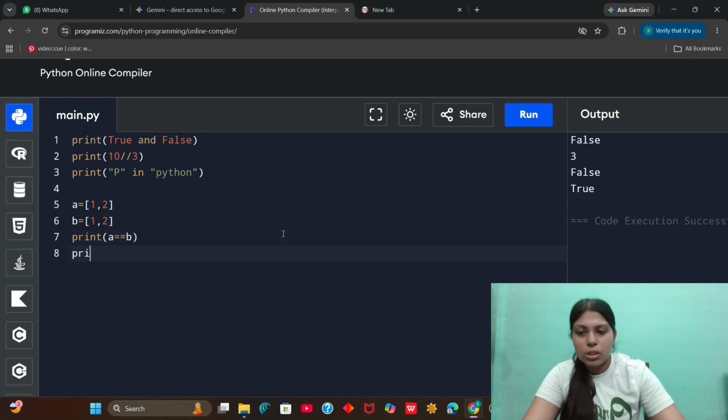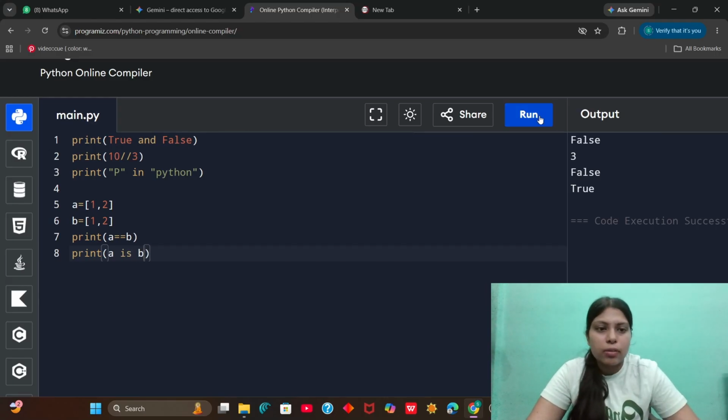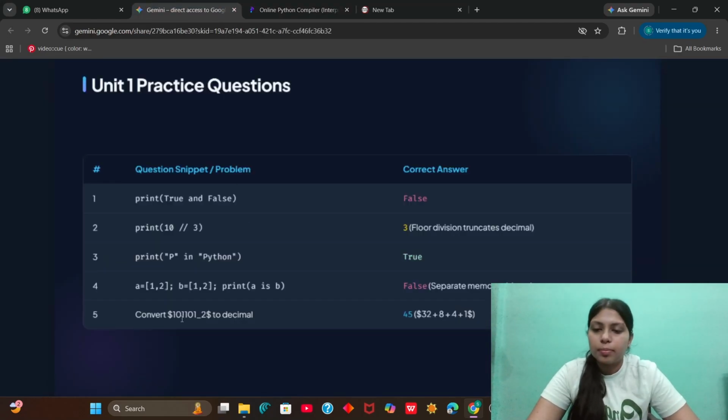But if I use print A is B, then it will return false. Why? Because the is operator doesn't check the values stored, but it checks the memory location to which the variable points. So A points to one memory location, B points to another memory location, so they are not the same, hence it returns false. The last question says convert